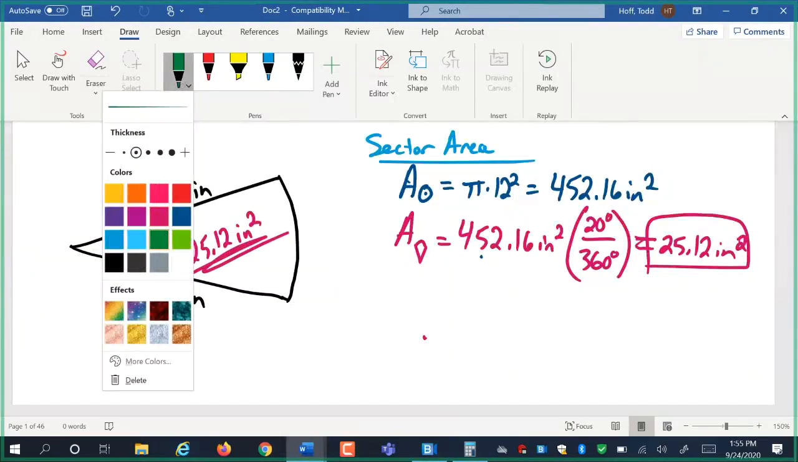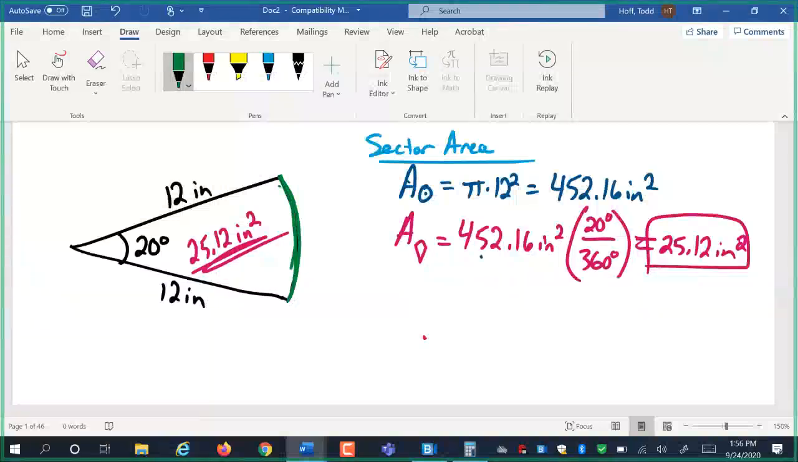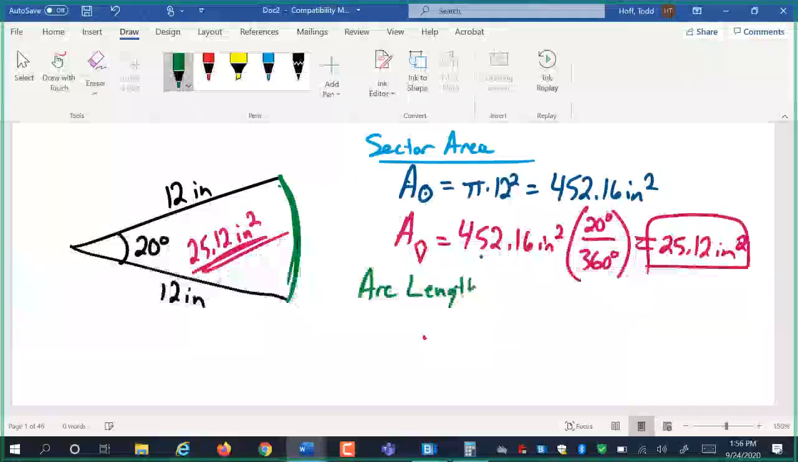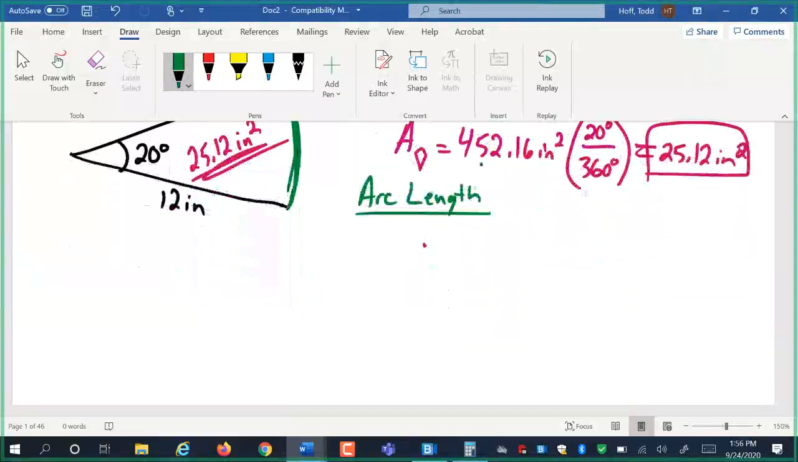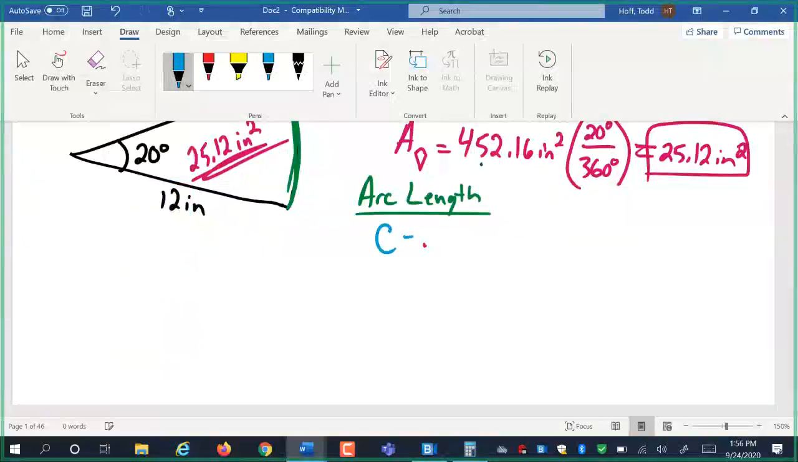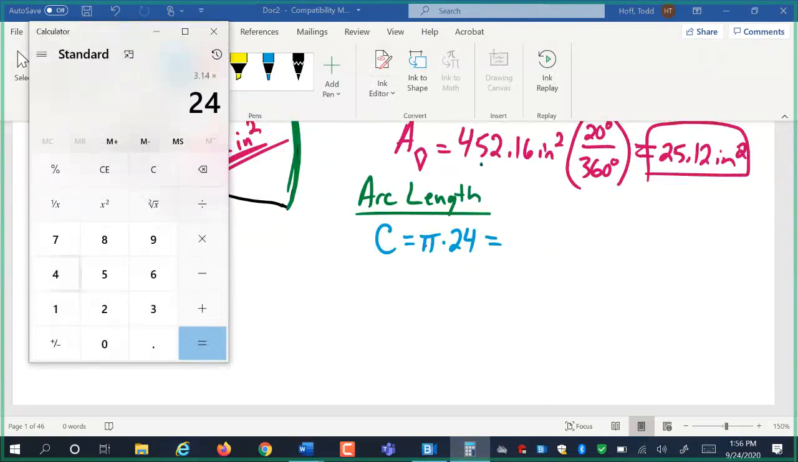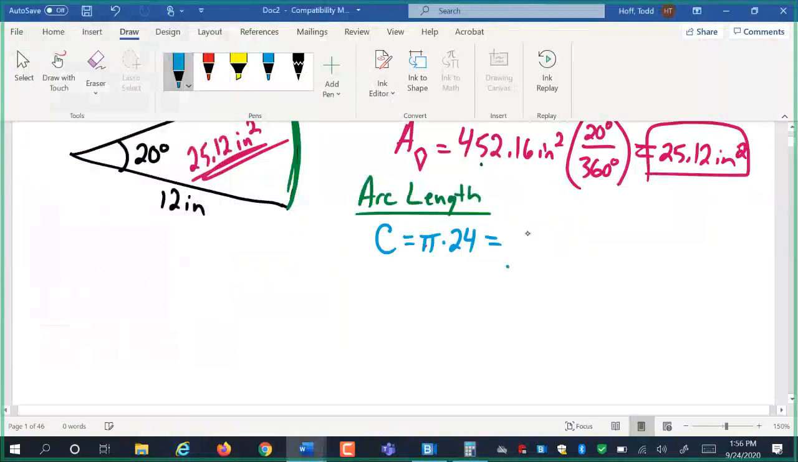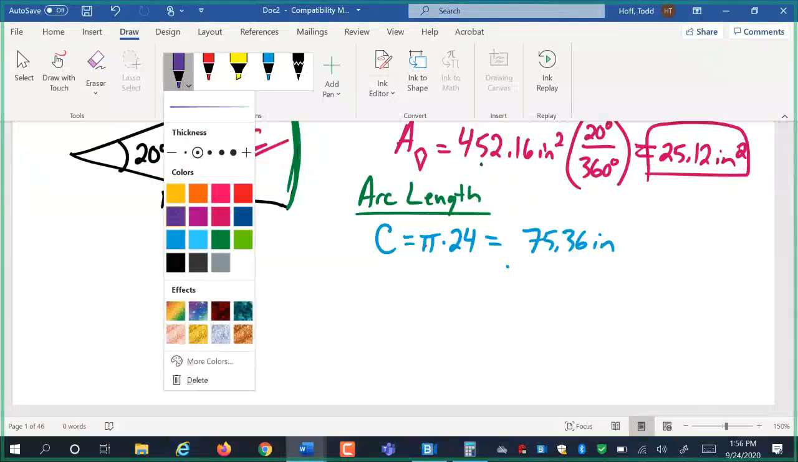Now, if I want to find the arc length out here, I will need to find the circumference of the whole circle, which will be pi times diameter, which would be 24. If the radius is 12, the diameter is double that, 24. 3.14 times 24 gives us 75.36. That's in inches. That's the distance around the whole shape. So our arc length